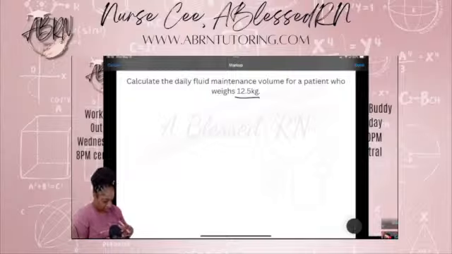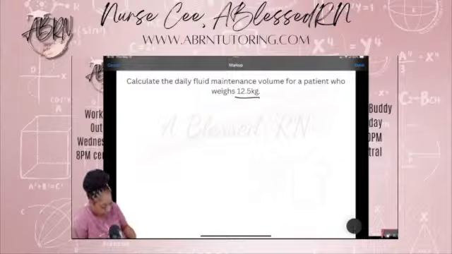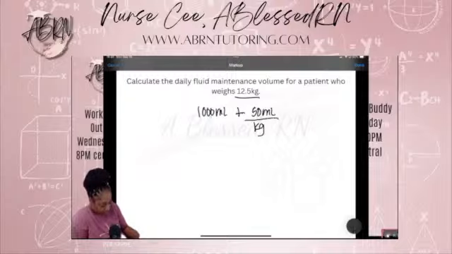And on there are the formulas for fluid maintenance for the pediatric patient. Since they are 12.5 kilograms, there is a formula for it. They're automatically going to get 1,000 mLs plus 50 mLs per kilogram